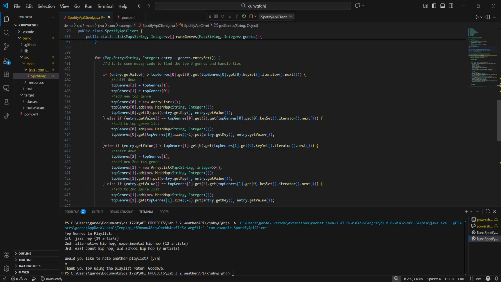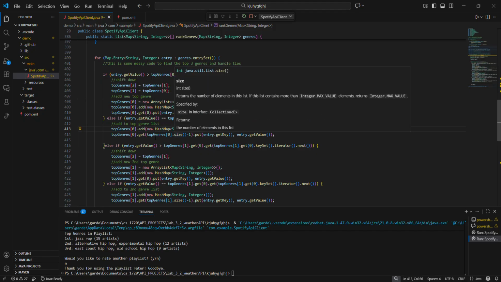If the count of that genre is higher than the current top genre 0, the first one for the list, it moves everything else down, and then creates a new list, creates a new value for the first, puts a hash map in there, and it puts the new hash map as the current genre. If it's a tie, it just adds a genre to the first. Should be the last one on there, or it puts a new hash map on there,